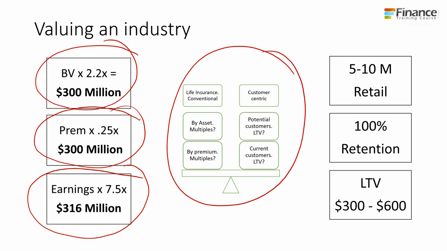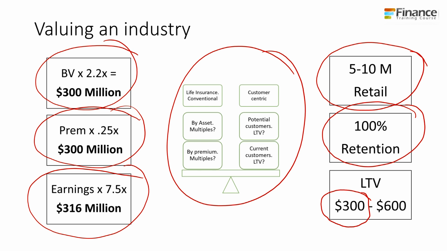And here we come back again to the LTV framework. The LTV framework says that on the retail side, for the insurance industry, you're likely to get about 5 to 10 million customers. If you assume that you retain a full 100% of them, you are saying that the industry is worth about 300 million. If I take 10 million customers, the lifetime value of each customer is about $300. If I take 5 million customers, the lifetime value of each customer is about $600. So now my question to you, as a quick frame of reference and check: if I asked you to disrupt the life insurance industry, what are your possible vectors of attack?